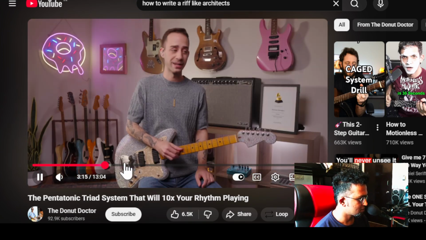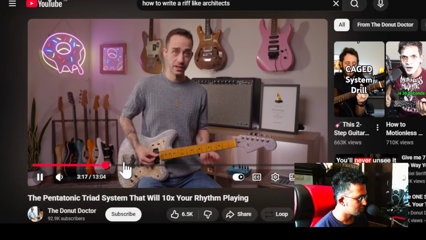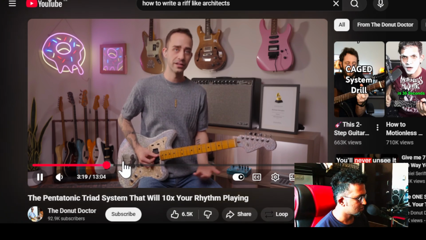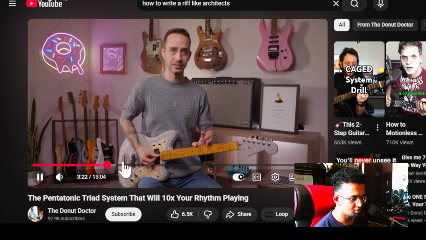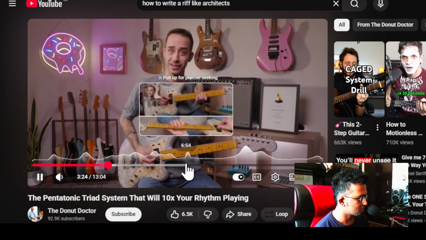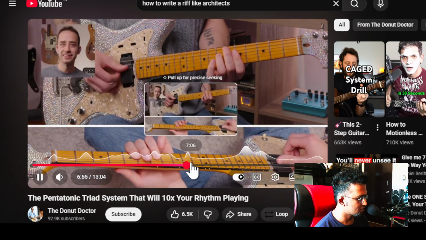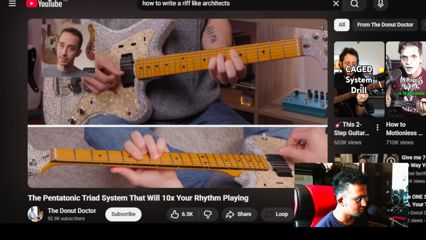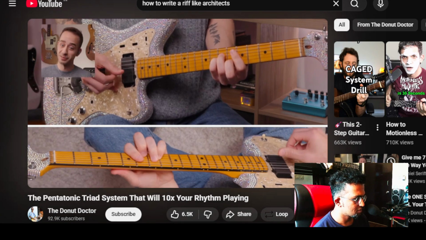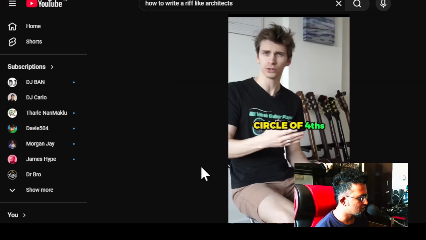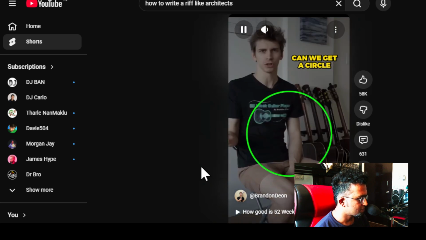Okay, the D, G, and the B. When we go to look at this chord progression, again, we're gonna anchor every triad to our minor pentatonic box. This way we can access it really quickly, right? So how can we embellish this? Well, first thing, since we're playing rhythm guitar, maybe circle of fourths, or fifths? Which is it? Can we get a circle on the screen, please?